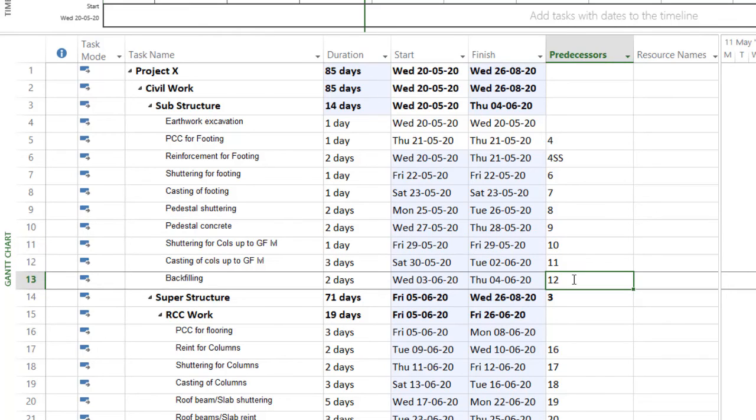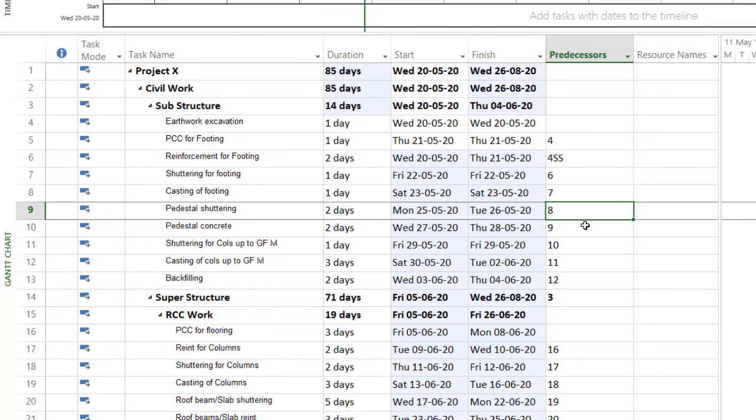One more thing, we need to give some buffer. You cannot start your pedestal shuttering the very next day after the casting of footing. So in pedestal shuttering, with predecessor 8, we give finish to start plus 4 days for curing.